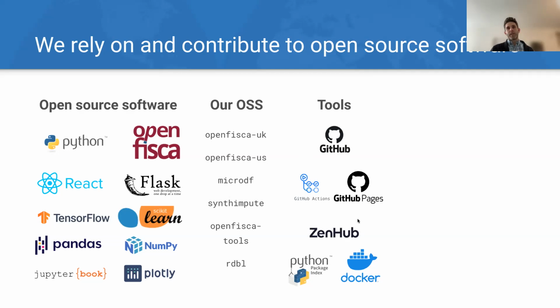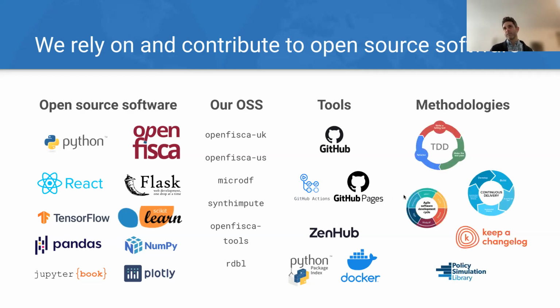We use GitHub as much as we can. So GitHub Actions has been very helpful for automating our tests as well. And we use methodologies like test-driven development. We didn't really show how our tests work, but basically we have thousands of these different individual cases that are all in the GitHub repository as well that show here's what we expect to happen from this computation or this specific part of the computation tree. So we write our tests first every time we're developing a new feature, and then we write the code to satisfy the test so that ensures we're not sort of biased by the implementation we've already defined.